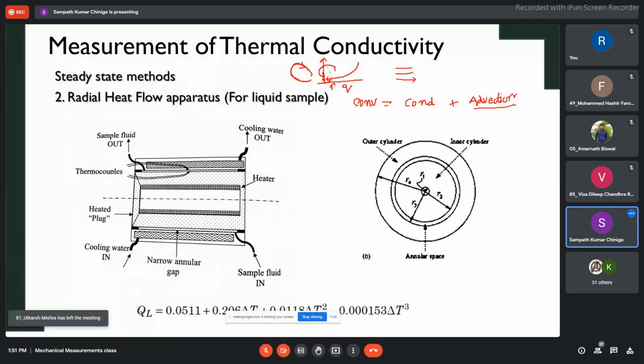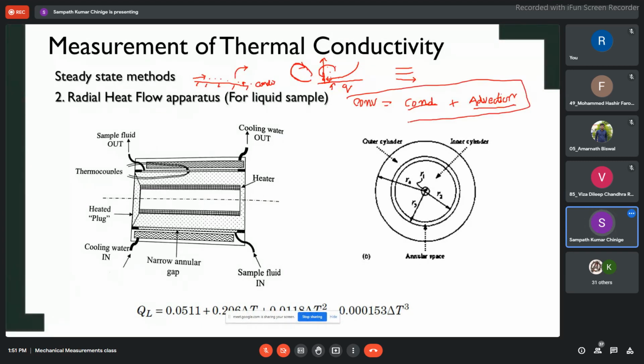Sir, what do you mean by conduction? The very first layer which is adhering to the surface, because of the no-slip boundary condition. The fluid layer next to the surface has friction, and because of friction it doesn't move. That condition is what we call the no-slip boundary condition. So whatever heat is transferred from the surface to the first layer is by means of conduction. From then onwards, the fluid starts movement, and that is what we call convection. So convection is basically a combination of both conduction as well as advection.